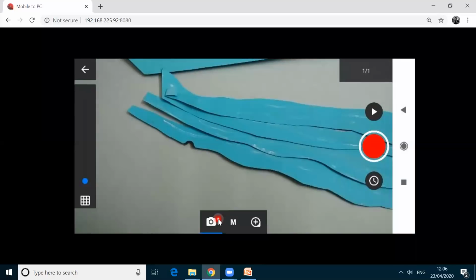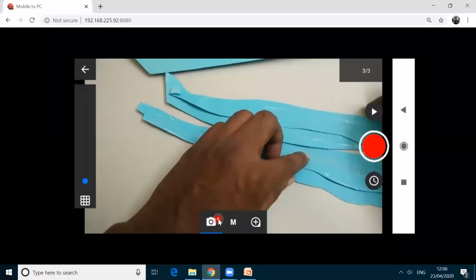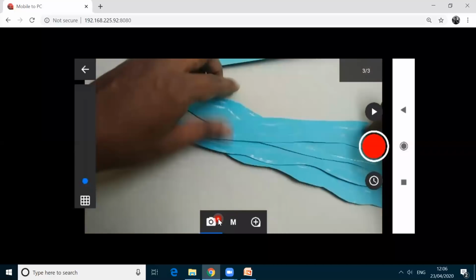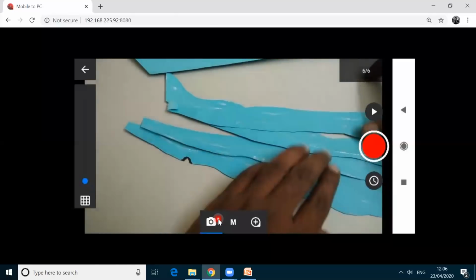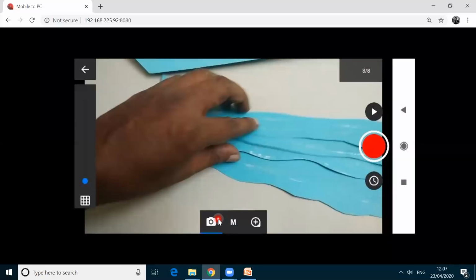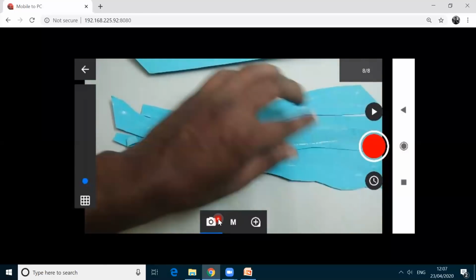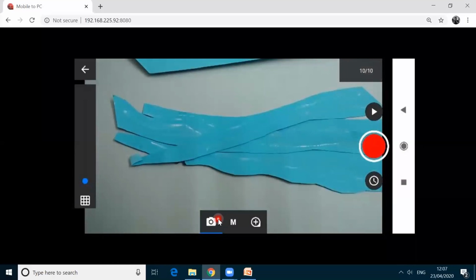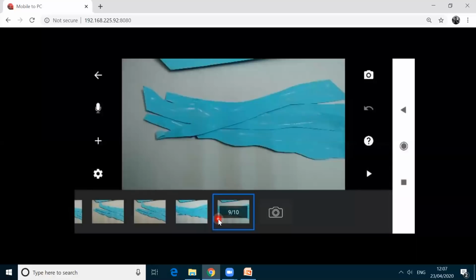See, I'm clicking, and then I'm making some changes. Just I'm showing a demo. If you play this one, it's like river moving.